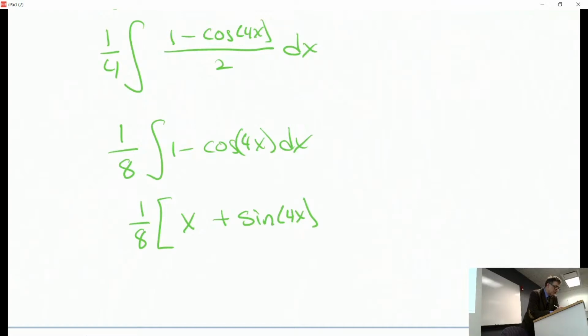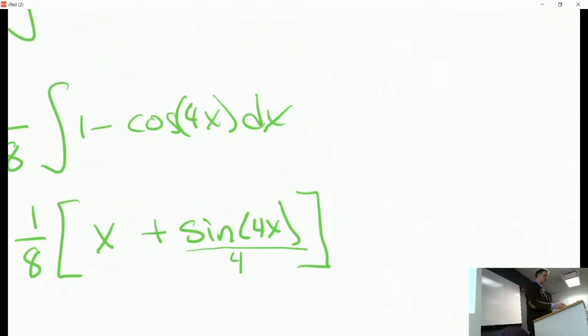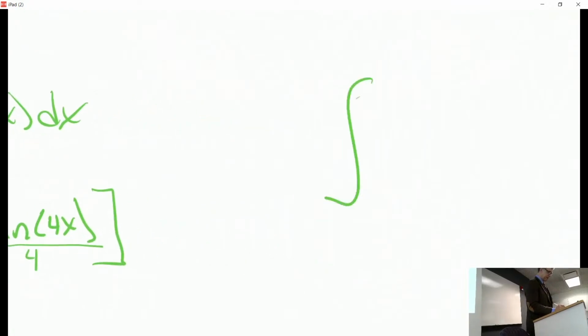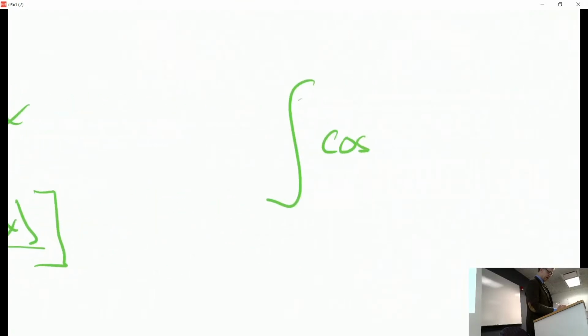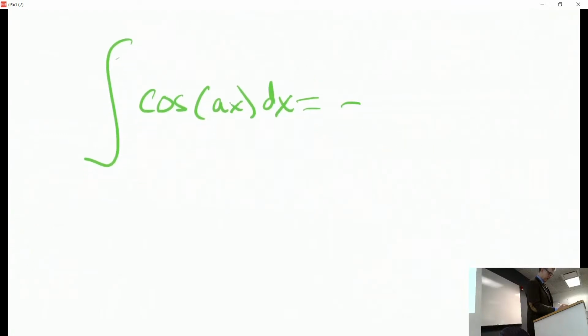Yeah, so it's not times the derivative of that because we're doing an antiderivative. You end up dividing by that 4 there. This is one of those tricks. If you're at all shaky with this, use u substitution here as well. u equals 4x, du is equal to 4 times dx. But in general, didn't I write this down once? I think I did, but I'm going to write it down again. The integral of cosine of a times x is always going to equal 1 over a